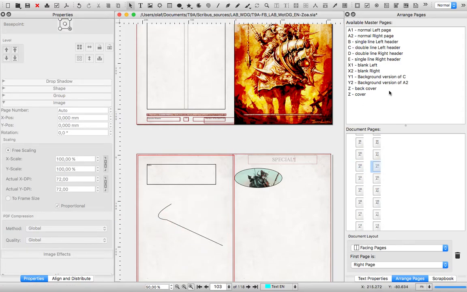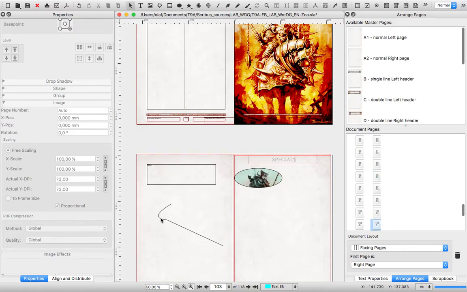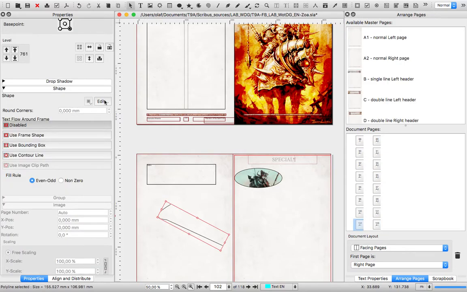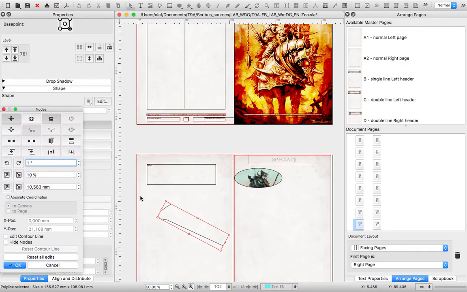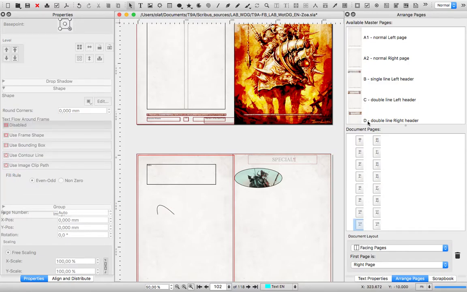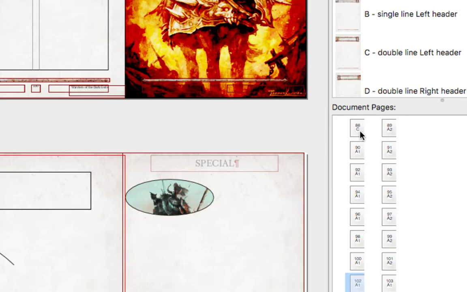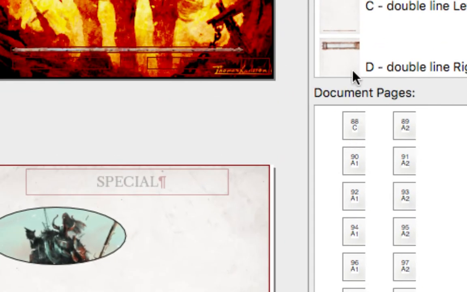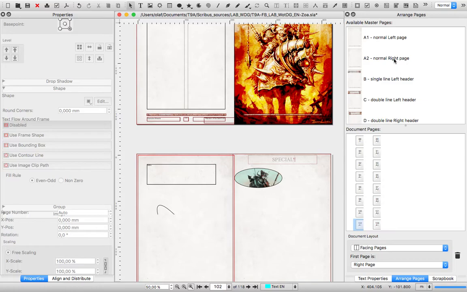Another useful thing to remember is to have master page names begin with a letter or a number. In this way you'll be able to scan very quickly through the master pages applied to the document using the Document Pages section. For example, if we see a C in the Document Pages section, we can infer that the initial letter of the master page applied to this page is C. Hence in this case it will be the one called C2 line header. Remember that master pages will be editable only in the Manage Master Pages edit mode. This way you'll avoid mistakes during the document creation process.